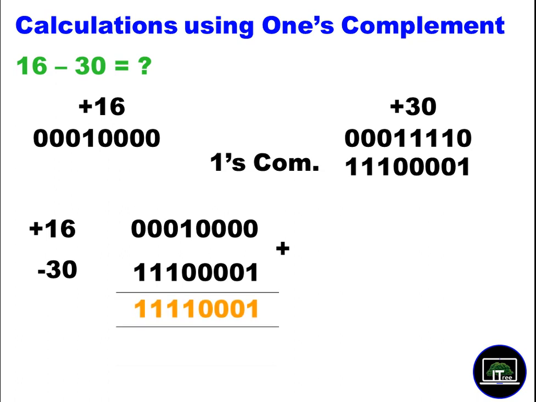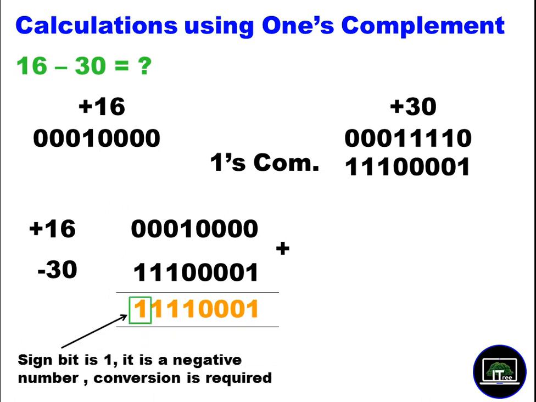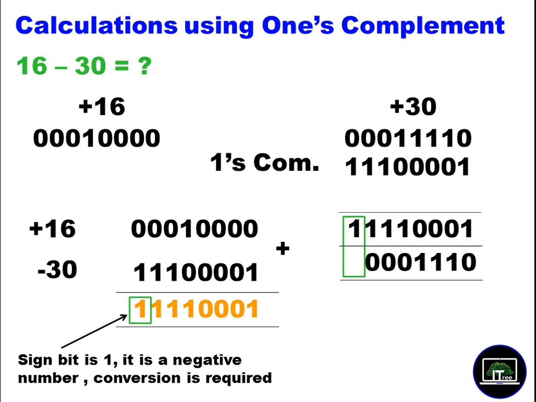What do you notice? The first bit, the sign bit, is 1. That means this is a negative number. What does that mean? You want to make the conversion. Now we just forget about the sign bit because we know it is a negative number. Then you convert that one, invert it, 1s to 0s and 0s to 1s. Then you find the decimal equivalent of this. So now it is minus 40. The answer is right.